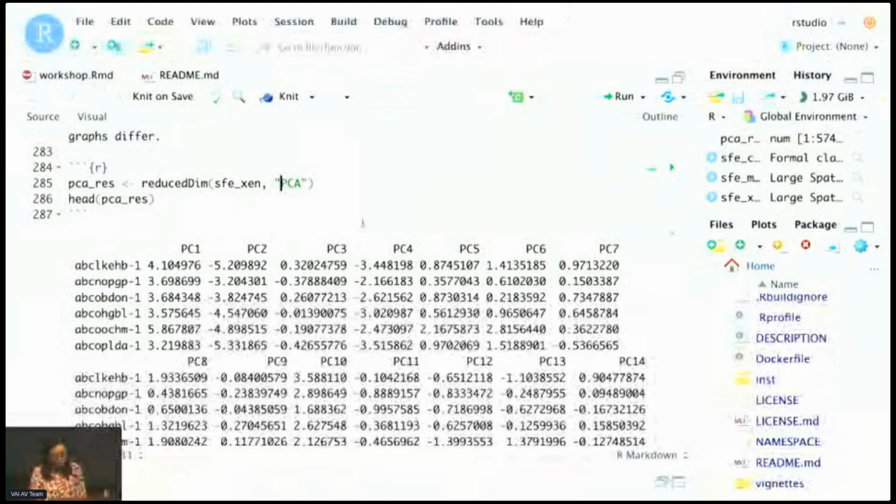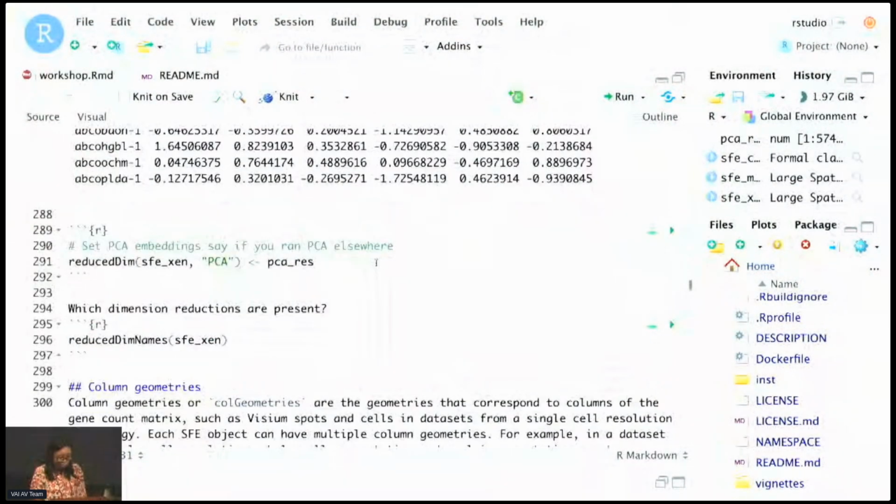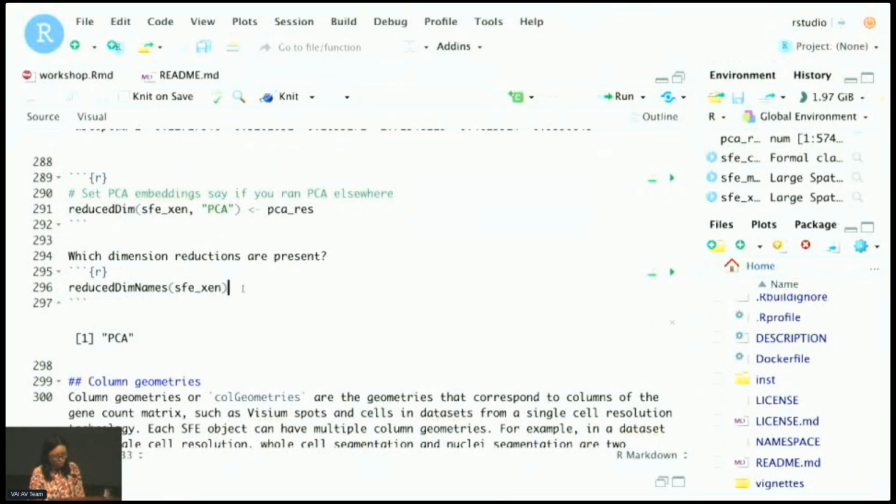And here we get the projection of each cell into the lower dimension, like PCA space here. Because we use the name to get or set dimension reduction results, what if you don't remember what names are present, or whether you have lowercase or uppercase for PCA? You can use reducedDimNames to get which